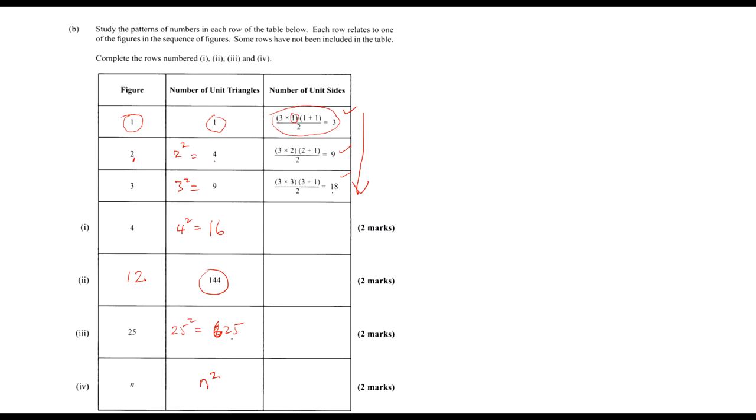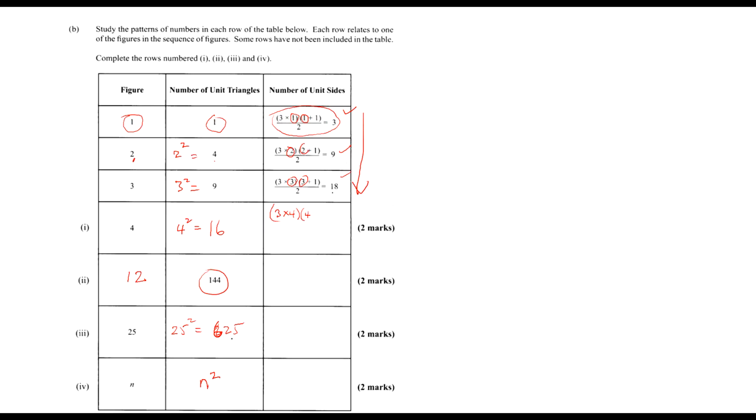Here we have 1, 2, and 3. The first number remains the same, and the last number remains the same. So the 3 is the same throughout, and the 1 is the same throughout. But look, this is also changing: 1, 2, 3. So in this case, for figure 4, it should be 3 multiplied by 4,